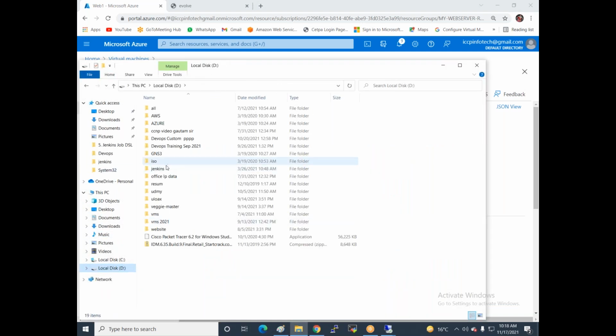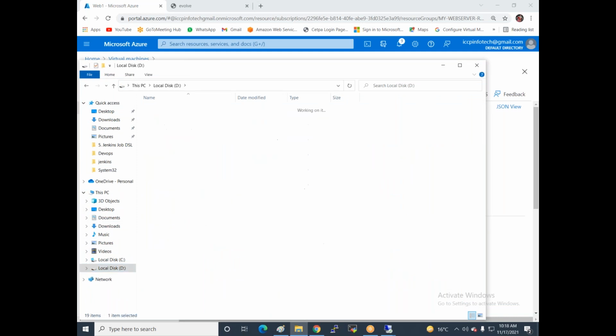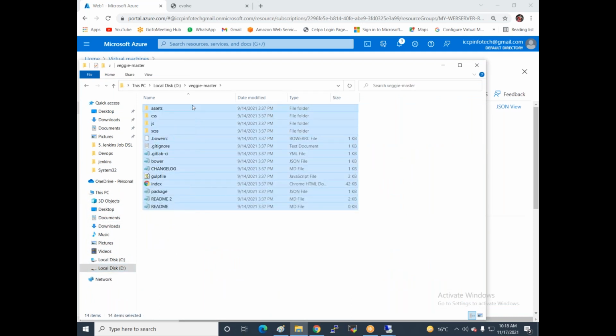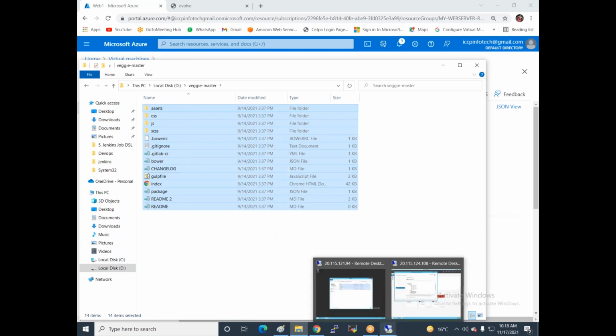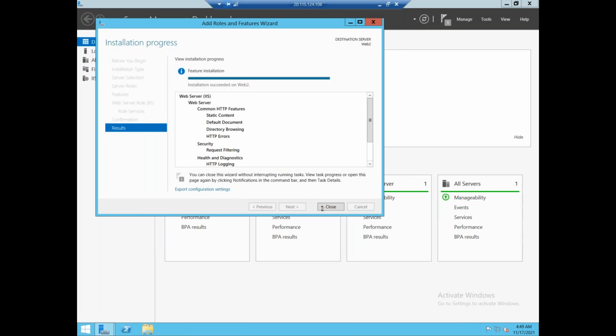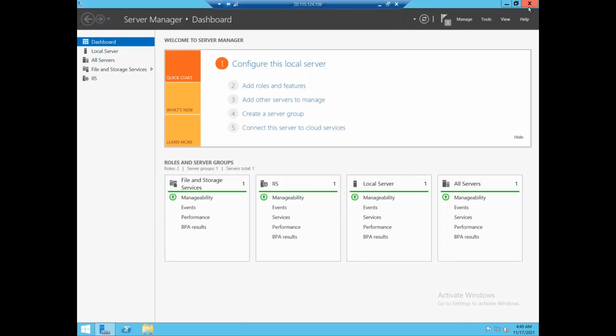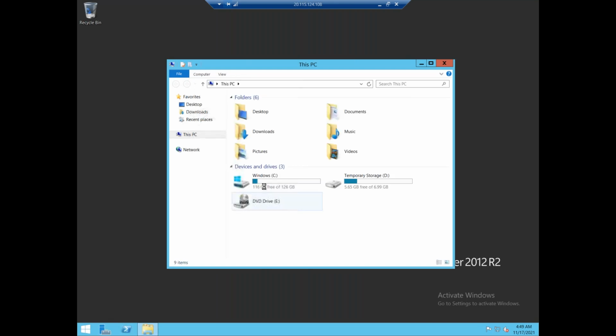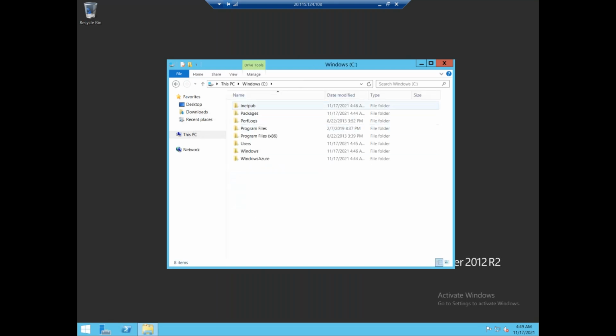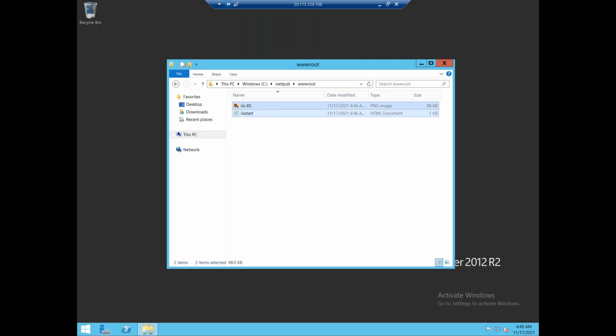Now I'm just going to copy another website. There's one more website available, and my system is like Wikimaster, and I'm just copying this entire website and deploying it on our web server 2. I closed it because my IIS server is already installed, and I click on the location of the website. It's in the C drive. Inside the C drive, the inetpub folder comes after installing IIS, and then wwwroot. Now I'm deleting the default web page, and now I'm just pressing Control V.